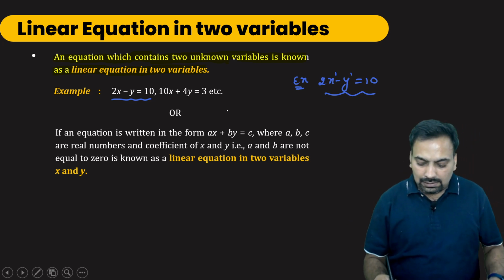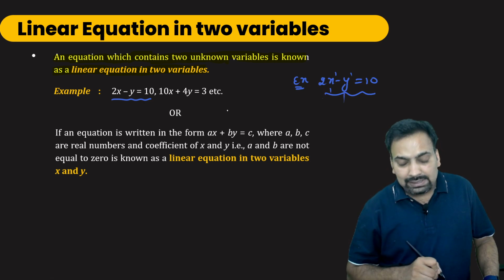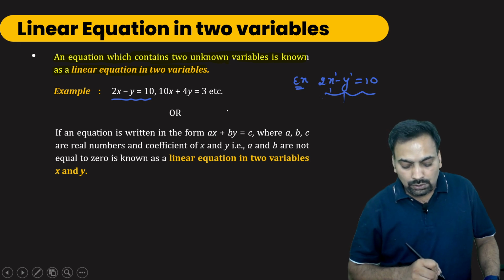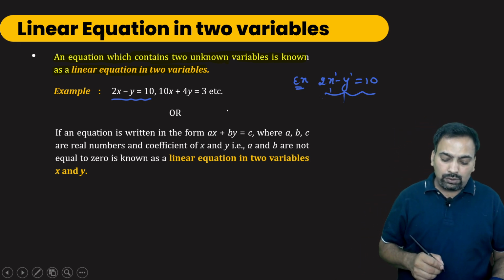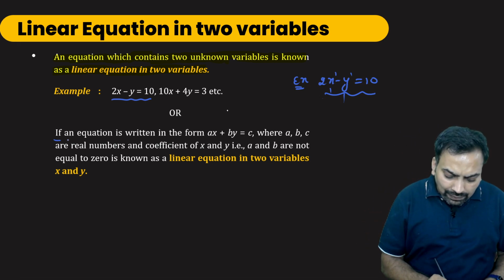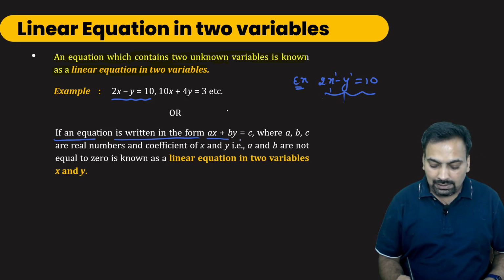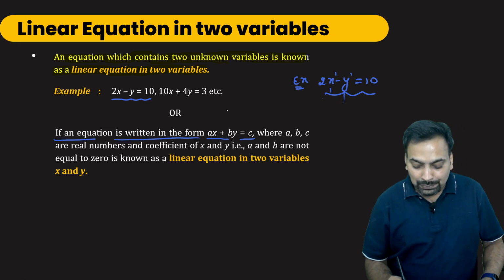Okay, so let's look at this. This is a linear equation. There are two variables, x and y. That's why it's called a linear equation in two variables. If an equation is written in the form of ax plus by is equal to c,